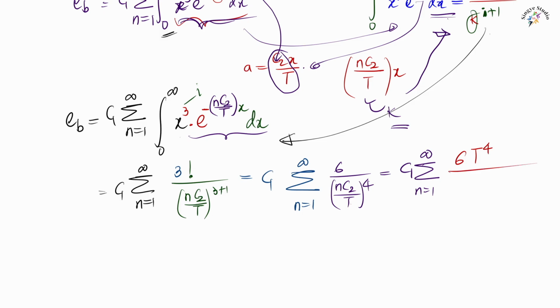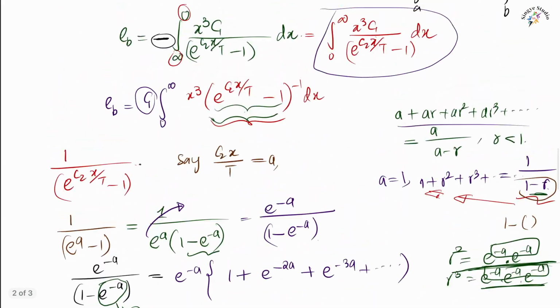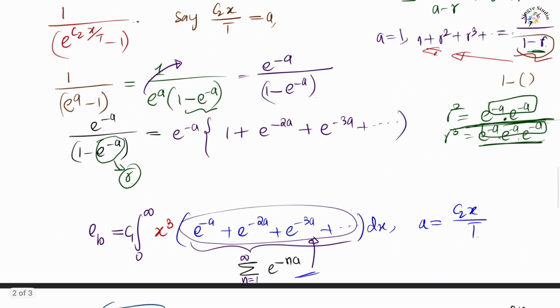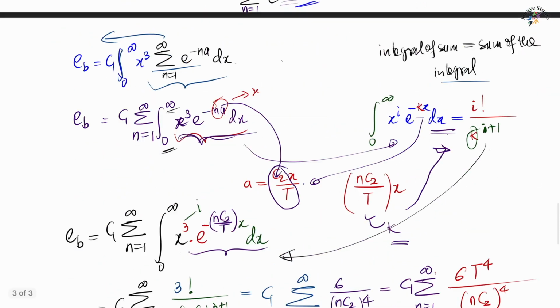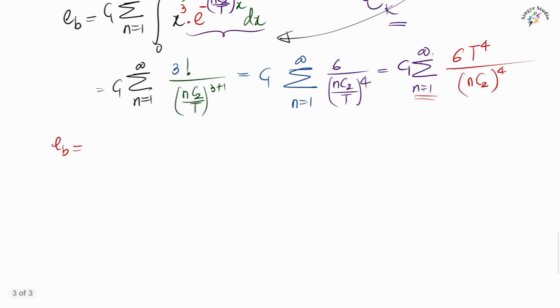T to the 4th divided by n C2 raised to 4, and your n value goes from n equals 1 to n equals infinity, right? We have defined here our a value as this term, where our a value is 1, 2, 3, 4 like this, to make this term omega. So by doing this, what you are getting is now our E_b value, C4 is also